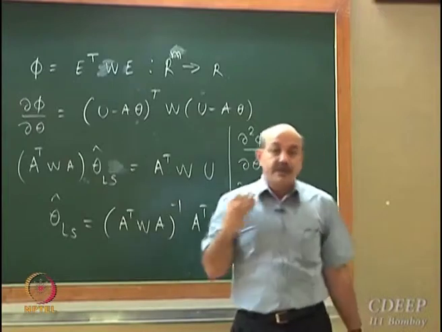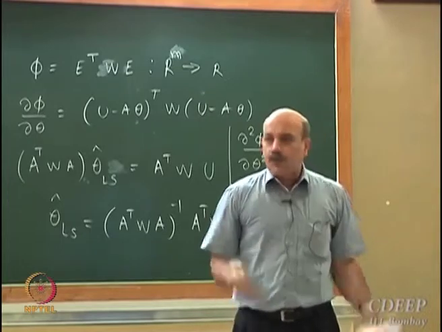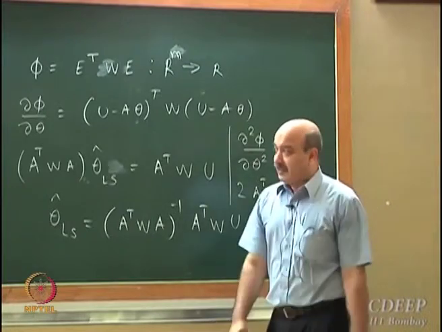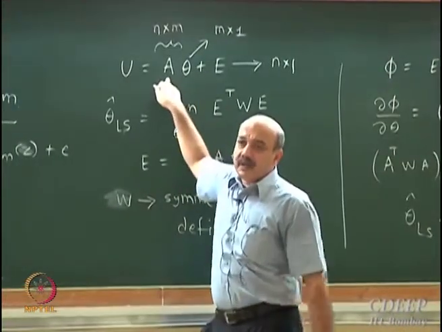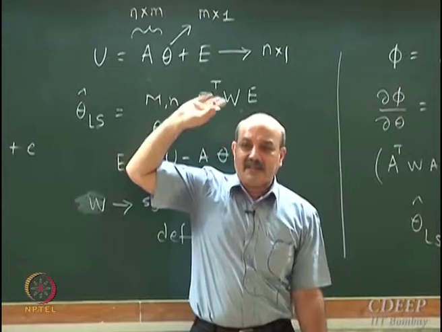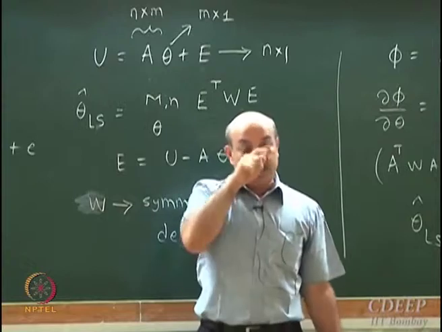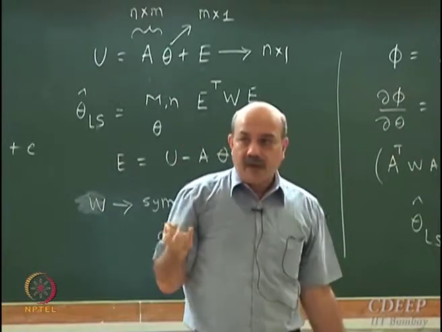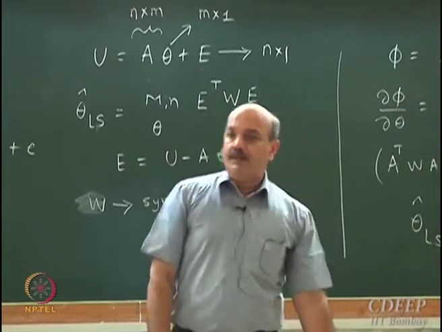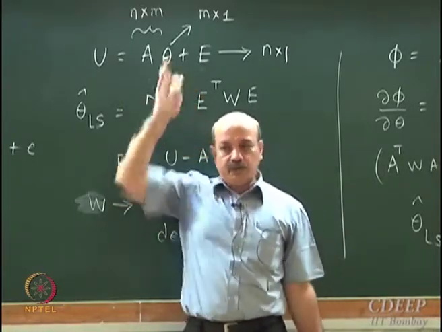Okay, so this is a lot of algebra. I want to give some geometric insights into what is really happening. How do you relate this to your school geometry? That's what I want to elaborate next. So what was the thing here? You had a non-square matrix, right? You had 100 data points, maybe only 3 parameters. We saw the example of CP versus temperature. So m was small, n was large. You are fitting some polynomial, and the number of parameters was much less than the number of data points.